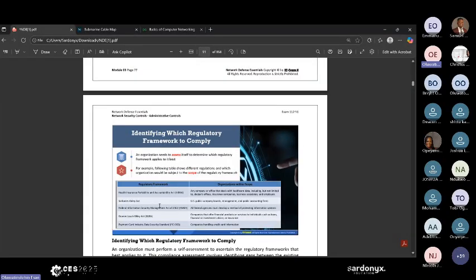So, for example, I will have this table which I still talk about, that talks about different regulatory frameworks for different organizations and what they do. For example, the Health Insurance Portability and Accountability Act talks about what? Personal health information, PHI. That means any company or office that deals with healthcare data, including but not limited to doctors' offices, insurance companies, business associates, or employers. So every healthcare provider that has to do with people's data has to follow HIPAA.